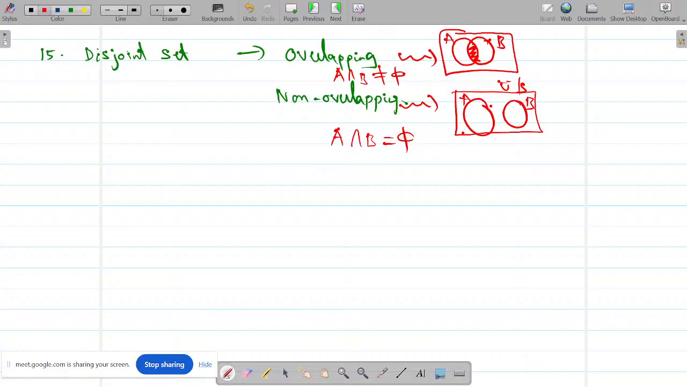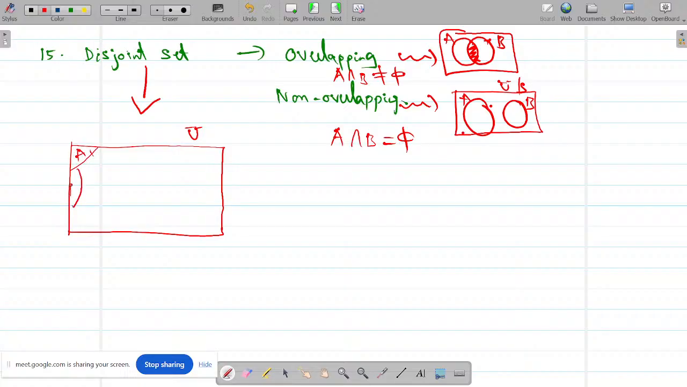If I have A, B, C, D, E, F, G, H, what happens? In common, how do you represent a disjoint set or non-overlapping set here? Let me take a universal set. I'm talking about disjoint sets alone. I cannot talk about sample space because I'm talking about the whole. This may be your A1, this may be your A2, A3, A4, A5, A6,